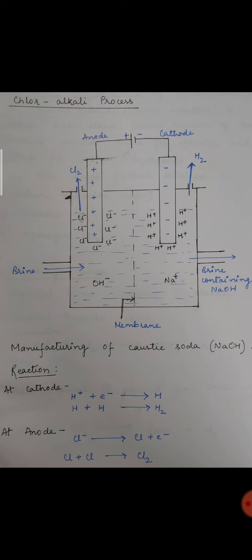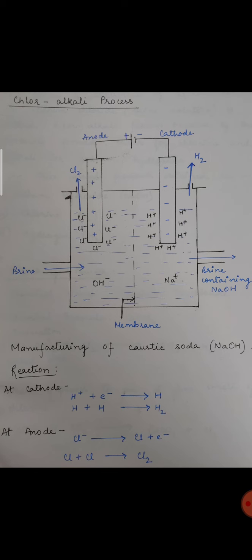This is how we are getting NaOH. Now let us see how we are getting hydrogen gas and chlorine gas. As you can see, at the cathode hydrogen ions are surrounding the cathode. So the reaction taking place at the cathode is that hydrogen ions gain electrons from the cathode, because cathode